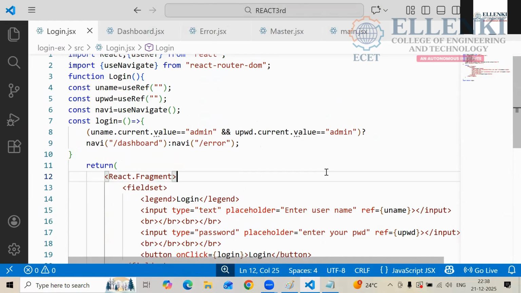Now I'm going to check each and every system. You have to do it.